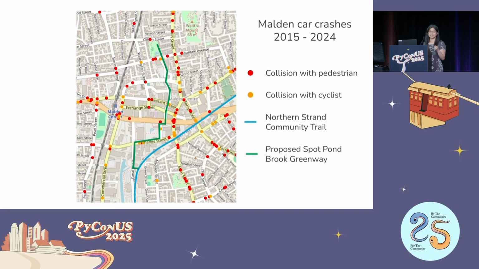So now it's time for action. In Malden, this is a map of car crashes between 2015 and 2024. Red is pedestrians, orange are cyclists, and they're mapped along this. And then there is a blue community trail that is used by cyclists, pedestrians, and there's this greenway